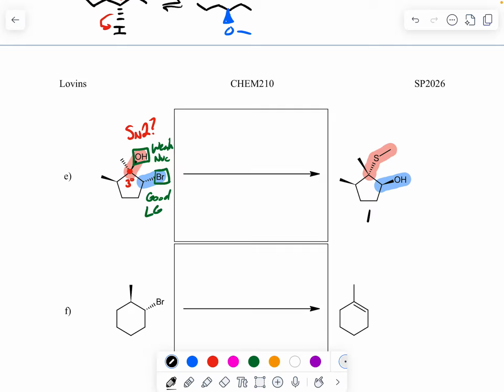So if we were to think about this as going back a step, we would say that if we had an epoxide where the oxygen was on a wedge, and this methyl group here was on a dash, the addition of something like an acid, where we do an acid-catalyzed epoxide ring opening, would give us an inversion of stereochemistry there, and you'll also notice that it would give us the alcohol on the carbon that we needed. So overall, what we want to do here is we actually want to first form the epoxide and then open the epoxide. In terms of forming the epoxide, when we have this alcohol and this bromine in the same molecule,